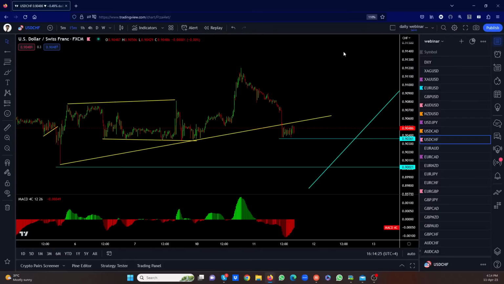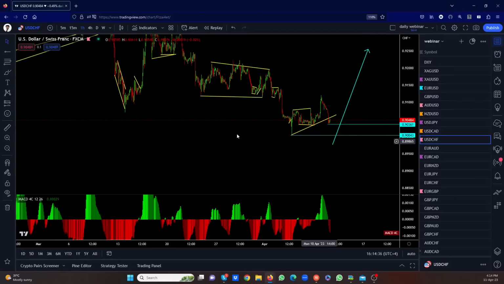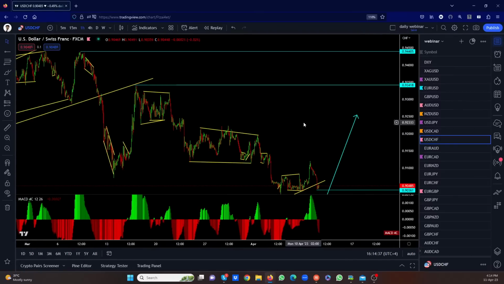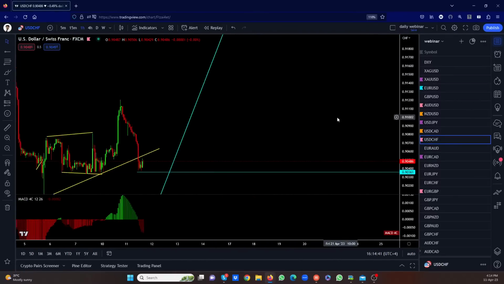So you can take the trade or don't take the trade. It's up to you. I don't think I would take the trade. It's no good risk to reward. Let it break the low, and then we look for the upside. The bigger trade would be this one, right? This one going up for this move, and then the downside. But let's see. You can take the trade if you want, and then we'll see where it goes from there.